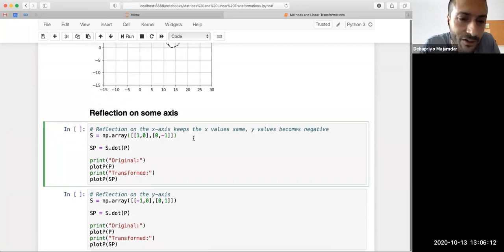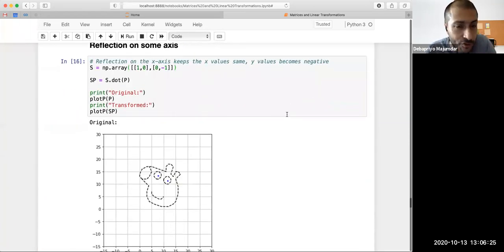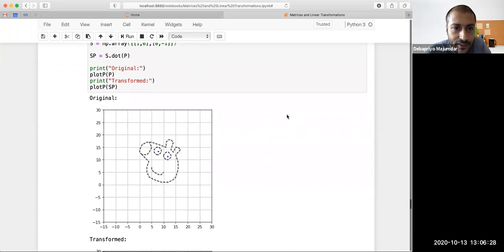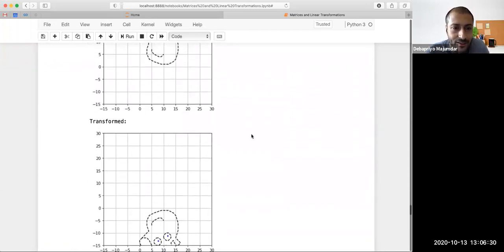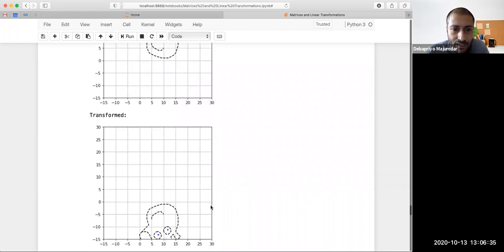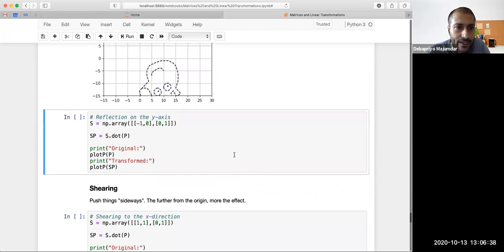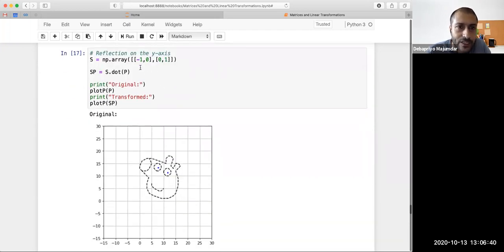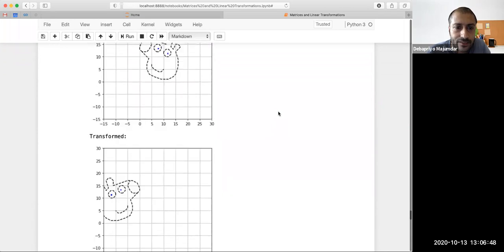Once you develop the intuition on these things, you can just draw a picture and play around with it, and you can also come up with the matrix that is causing this. Obviously, in the graphics course, this will be done in much more detail, and you will actually get used to it. Maybe I should have extended the range here, but this is reflection on the x-axis. Similarly, reflection on the y-axis will just be, you keep the y-axis the same, and the x-axis becomes minus 1 0. So this is reflection on the y-axis.